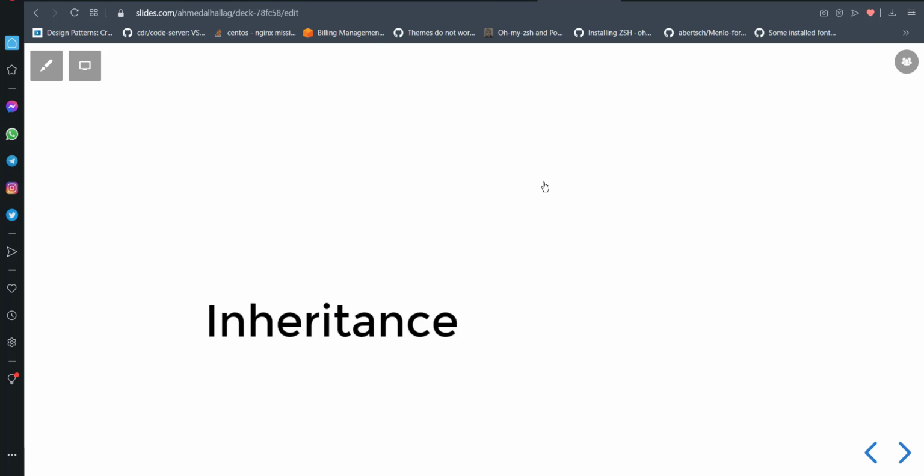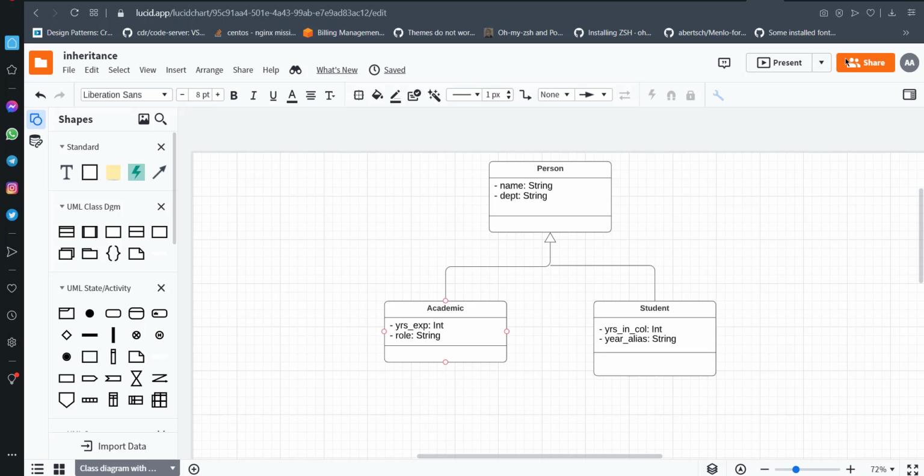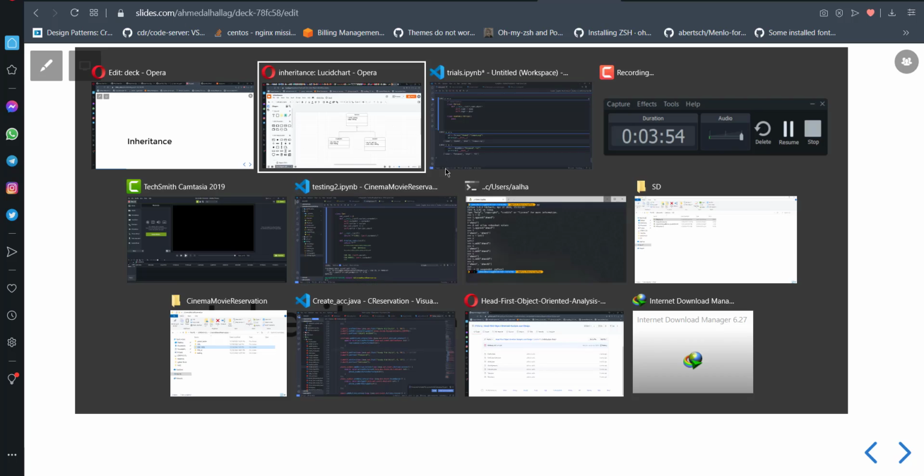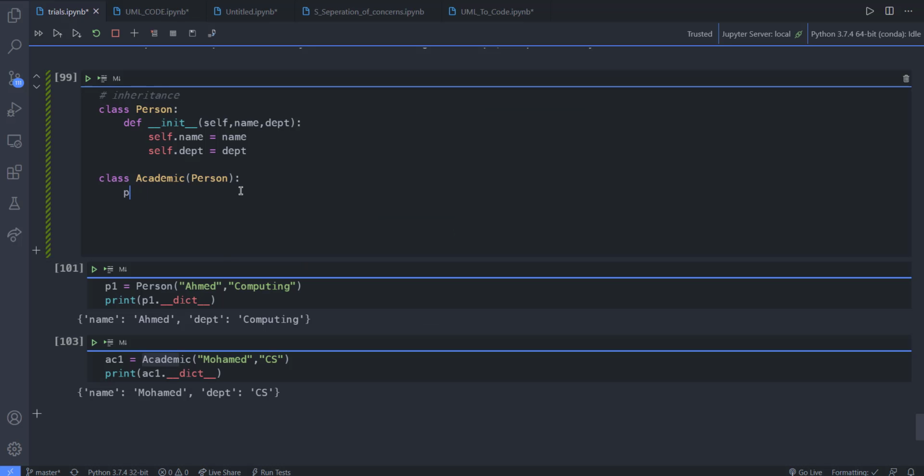What if the academic has years of experience and role, right? So how can we do this? In this case, you would need to override the initializer, or I'm sorry, let's call this overload the initializer. In this case, you're gonna overload, or if you don't understand what overloading is, we just mean that we are going to overwrite the initializer